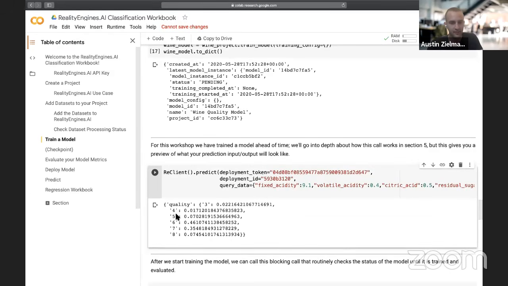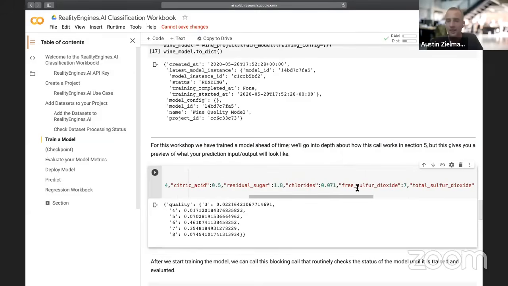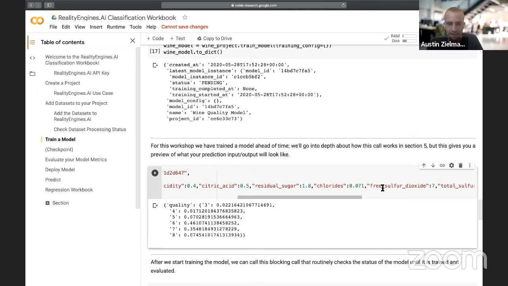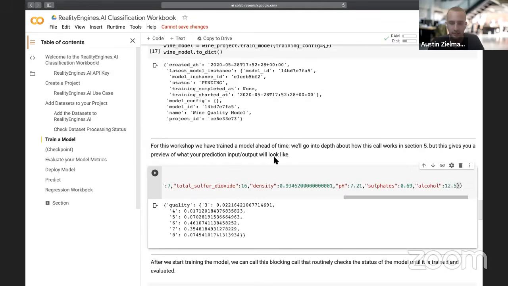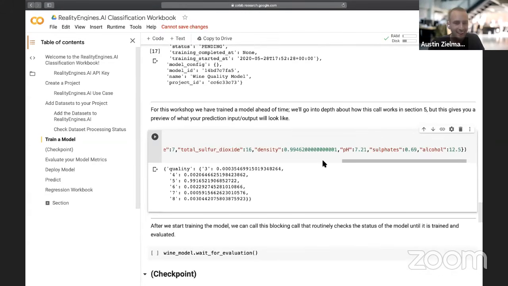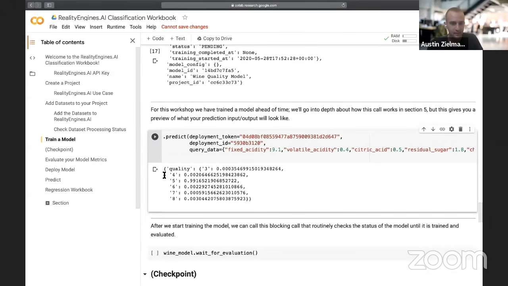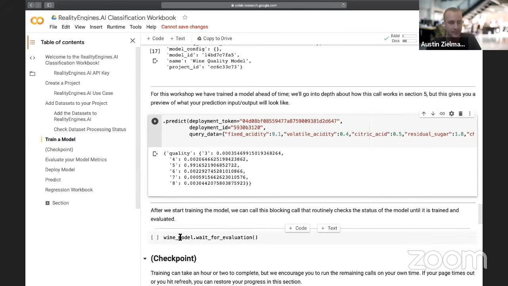You'll see that of the wine quality scores, which are in the range of 3 to 8, we have a prediction that with 46% confidence, it'll be a score of 6, and with a 7% confidence, it'll be a score of 7. If we played around with this, say if we added a bunch to the pH, and so it's a more basic wine, you'll see that the score does indeed drop down to almost 100% certainty that this is going to be a 5. We can keep playing around with this, but what we're going to do next is